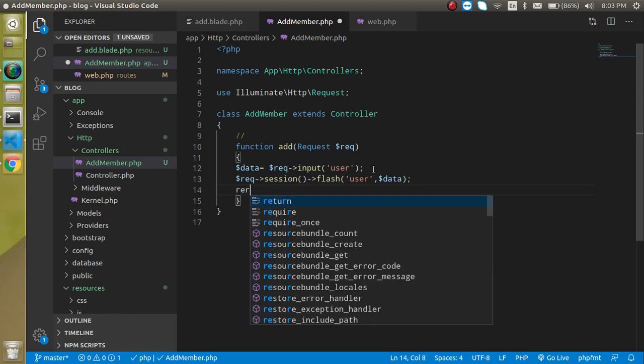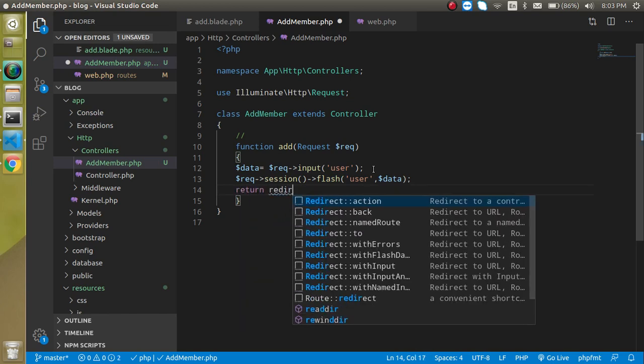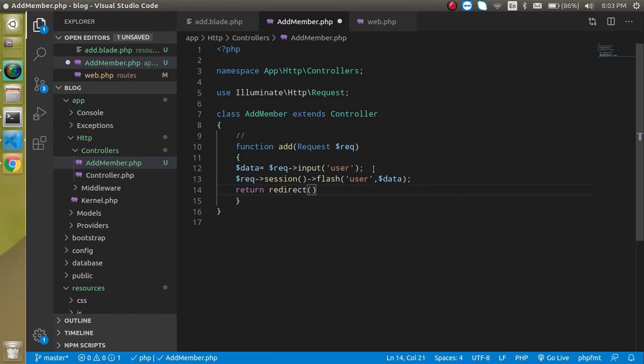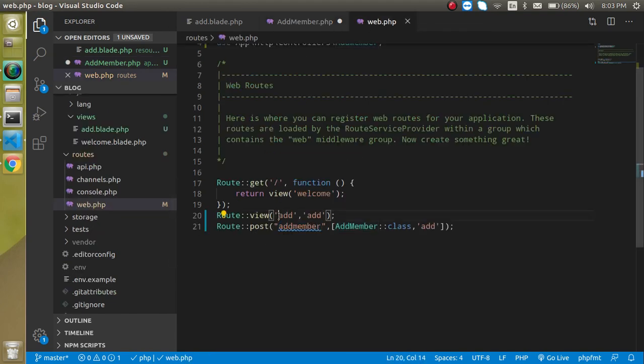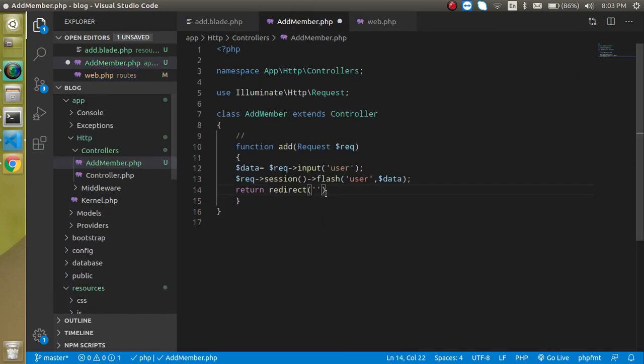After that let's just return redirect to the add page, which is that one, right? So just simply put here add.